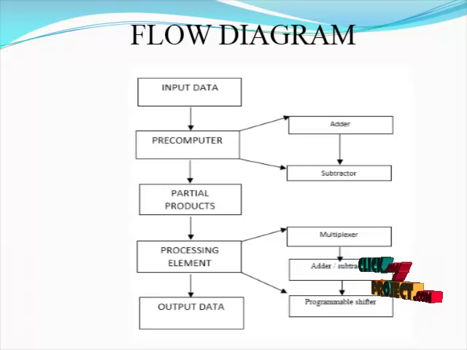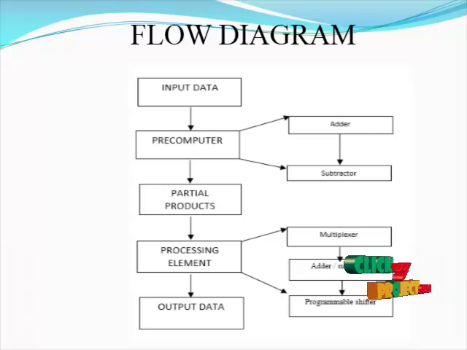Both the outputs from the mux are given to the programmable shifters. There are 2 programmable shifters. The mux1 output data is stored in the programmable shifter 1 and the mux2 output data is stored in the programmable shifter 2. Then the outputs from the programmable shifter 1 and the programmable shifter 2 are